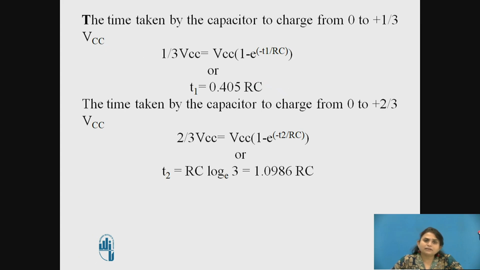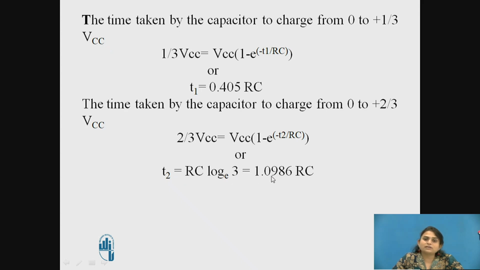Here, the time taken by the capacitor to charge from 0 to 1/3 VCC. For that, we have to put 1/3 VCC. After solving this equation, we will get the value of T1, which is equal to 0.405 RC. The time taken by the capacitor to charge from 0 to 2/3 VCC: for that, we put 2/3 VCC, which is equal to VCC(1 - e^(-T2/RC)). After solving this equation, we will get the value of T2, which is equal to RC log_e 3,